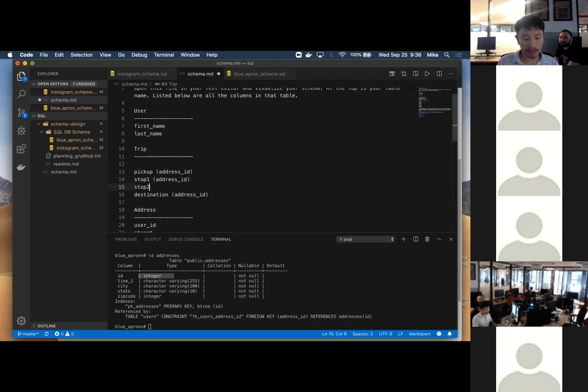Are we limiting stops? They probably have a hard limit on stops. You can only have one stop in the middle, and that's whenever you're doing a one-person ride or just one destination. All right, let's just have 2 for us, and then we need time. Okay, timestamp.